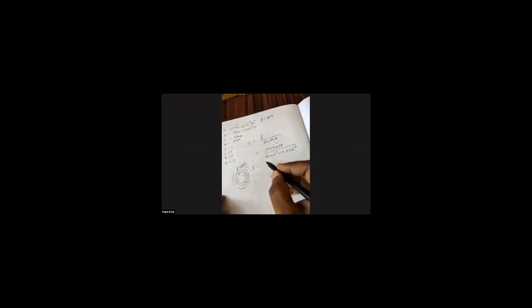Did you get my point here? See, you have a toroid, no? Toroid will be like this. This is your toroid. How do you get the circumference length of this toroid? The circumference length of the toroid is given by L is equal to 2 pi R. So for that, you have 15 into 10 to the power of minus 2, into 2 pi, you multiply, you are going to get the length L. How much is this value?